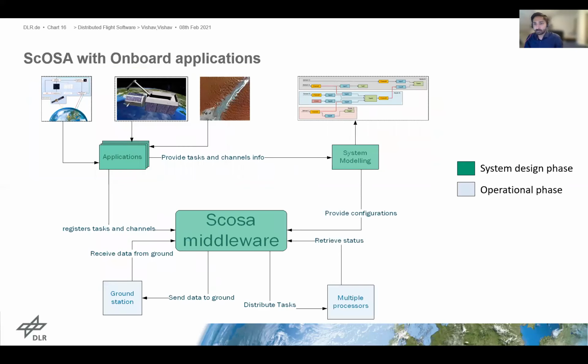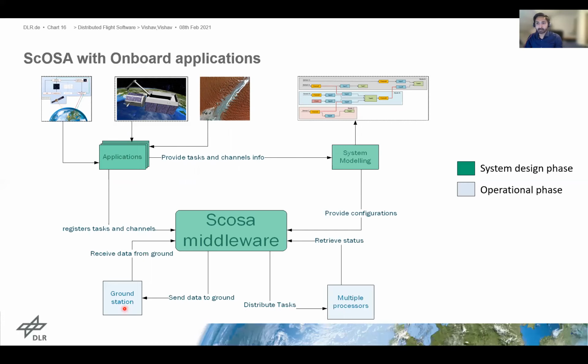One important aim of SCOSA is to run multiple onboard applications in a space mission. This helps to make the mission more efficient, as multiple experiments can be carried out on the same hardware system. As per the resource availability, the applications can be scheduled accordingly. With the help of distributed tasking, SCOSA is able to realize such a requirement. Let's have a closer look at the setup.